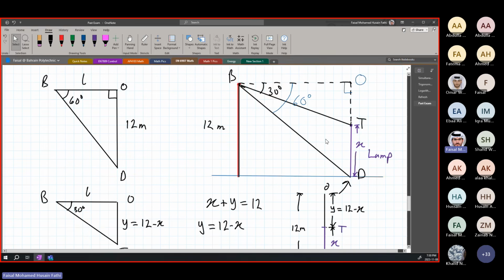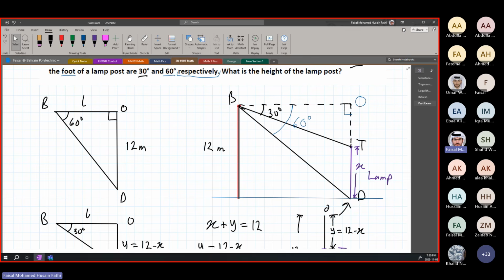So any questions about this? Be careful, in the drawing, I think in the figure, it was written 30 degrees. This is not 30 degrees, this is 60 degrees. So just keep that in mind. There was a mistake. This is supposed to be 60 degrees. Why? Because if you look at the angle, the angle with this line is a 60-degree angle, not a 30-degree one. So that's a mistake in the drawing.